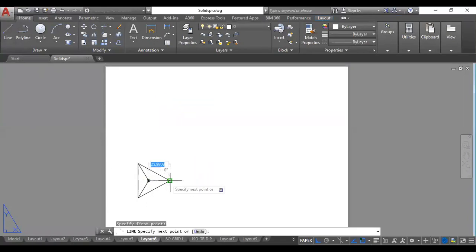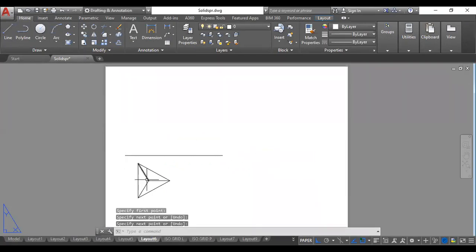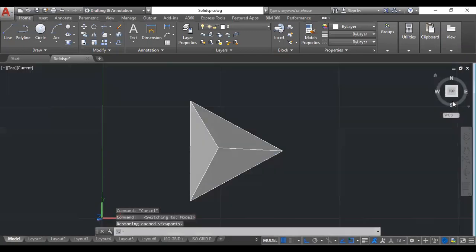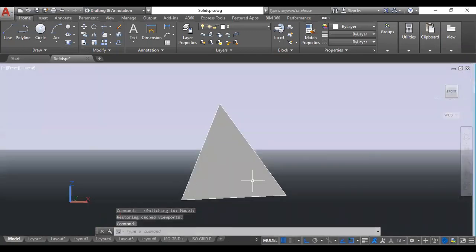From this apex to all the corners. So this is how the tetrahedron looks from the top view. Now I want its front view, because in the front view I can see the height of the tetrahedron. Right now this is the top view, which you can see over here. If I take the front view of this, you can see this is the front view.